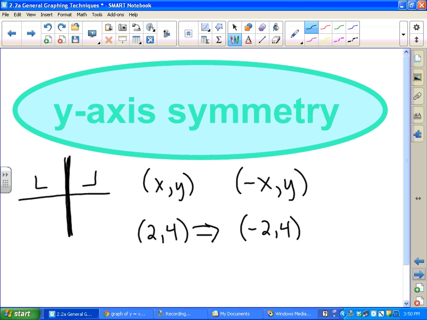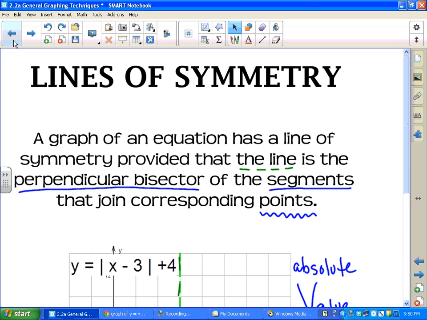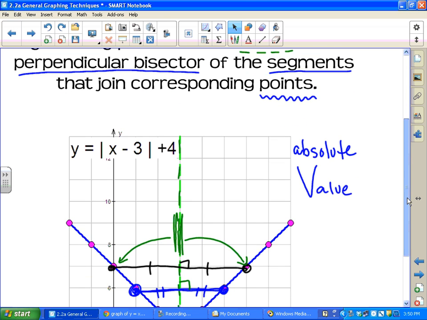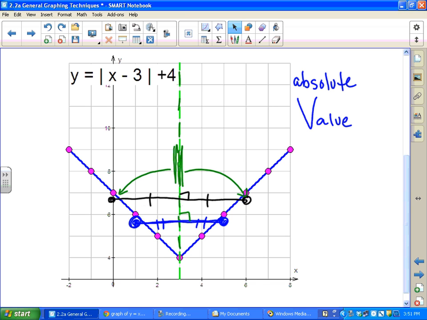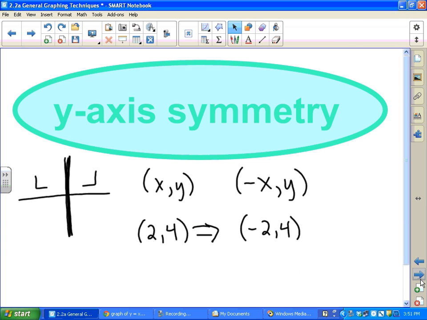Okay, so I go back to the picture we started with. The y-axis is over here. So this does not have symmetry with respect to the y-axis because on the left of it, it doesn't match the right of it. But the example we can look at is the absolute value of x. If y equals the absolute value of x, if you check out that equation,